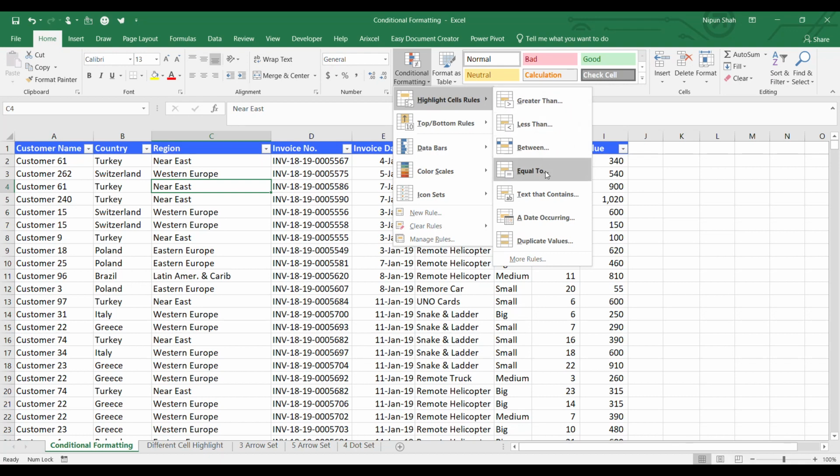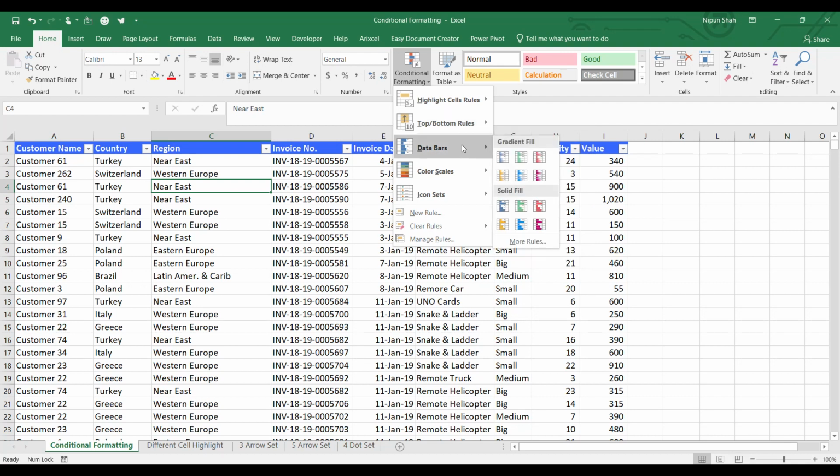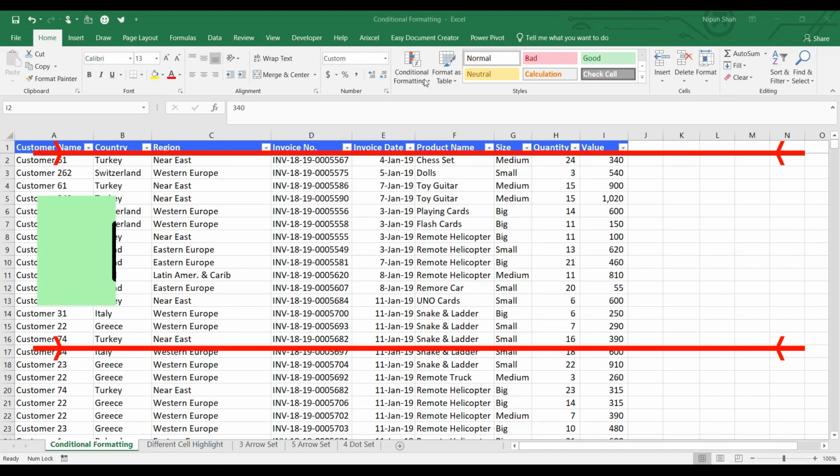These look like to be numerical formats. Then text, date, duplicate values. In top bottom rules we have top 10, bottom 10, top 10 by percentage, below average, above average, data bars, color scales and icon sets. Icon sets we have 3 icon, 4, 5.